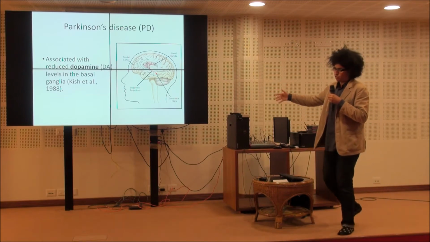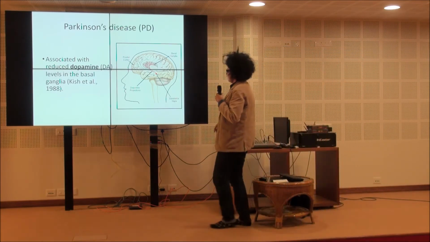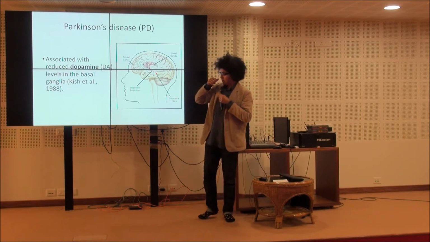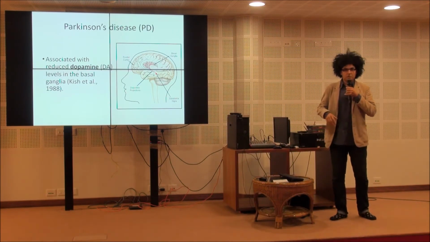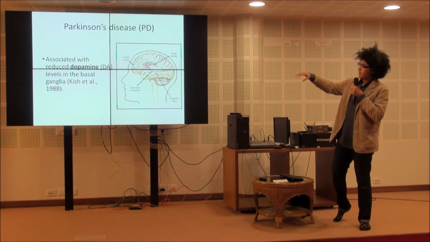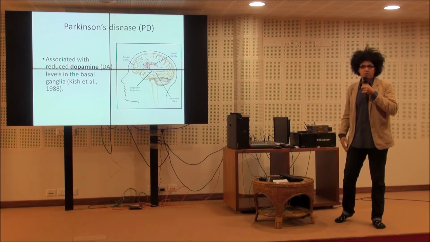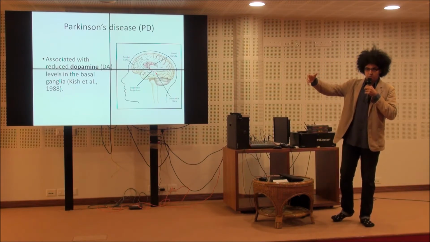So dopamine actually is projected from the midbrain, from two nuclei, the ventral tegmental area and the substantia nigra pars compacta, and they project dopamine to different parts of the brain, including the area called the basal ganglia, the prefrontal cortex, also the hippocampus and other parts of the cortex, and so forth. But it is believed that the dopamine projected to the basal ganglia